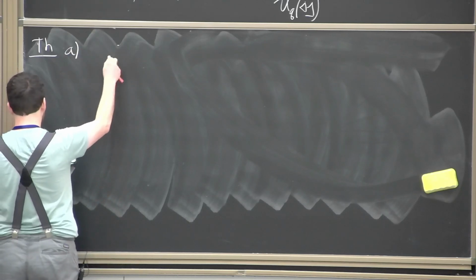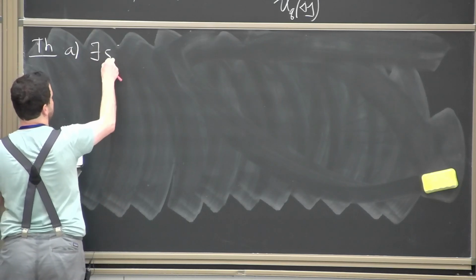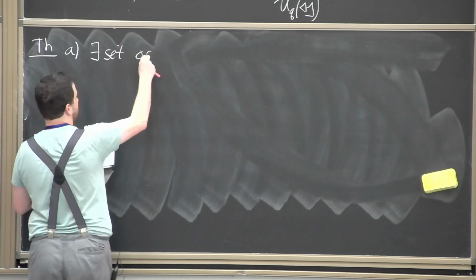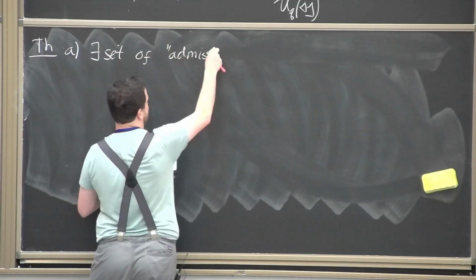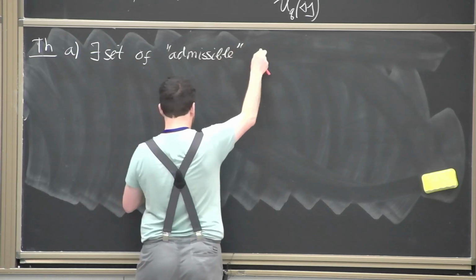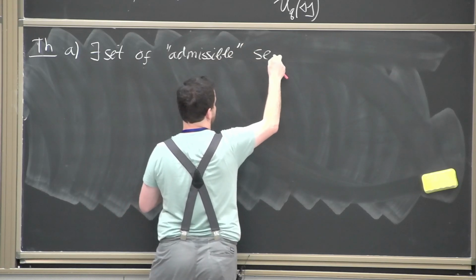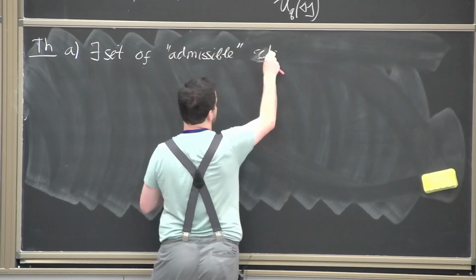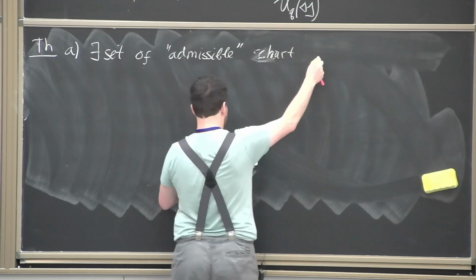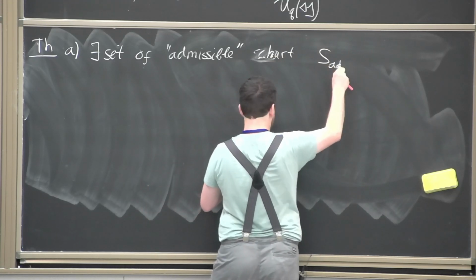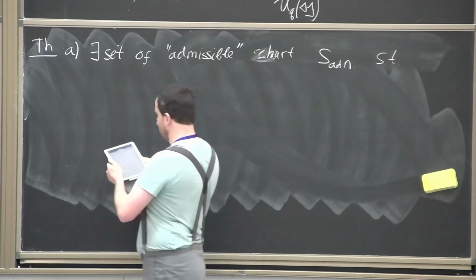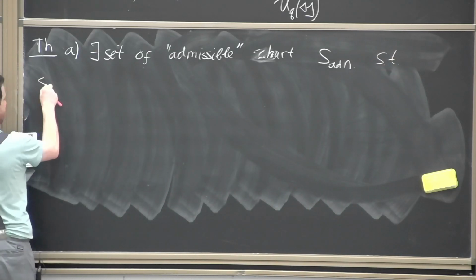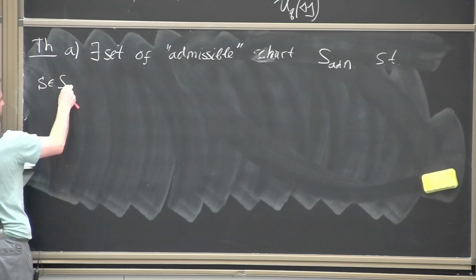So A: there exists a set of, I would use the word admissible, charts, such that for any seed in this admissible subset,